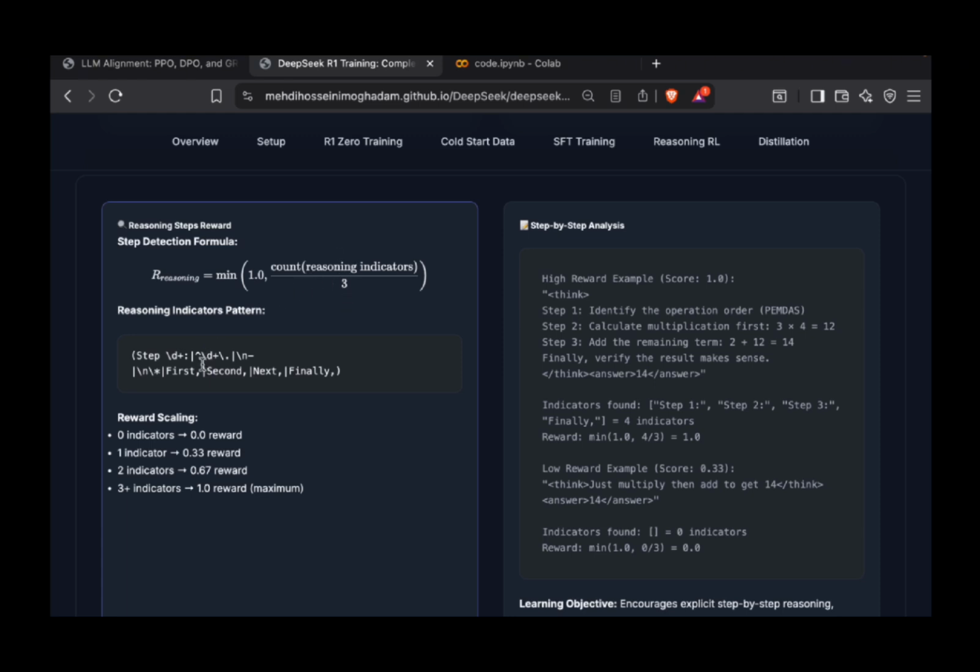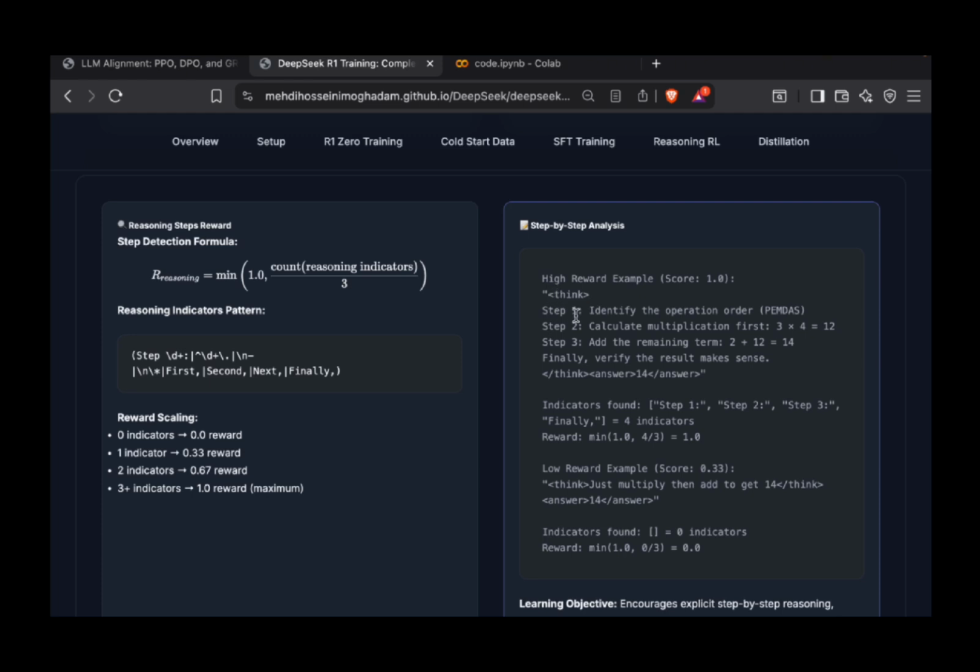So what are the indicators? Indicators are things like first, second, next, finally, which represent the reasoning steps for us. If we have 0 indicators, the reward would be 0, because technically there wasn't any reasoning step. If there is 1, the reward would be 0.33. 2 would be 0.67, and 3 plus indicators, which is our ideal, the reward would be 1. A high reward example with a score of 1 would be, in the think tag,